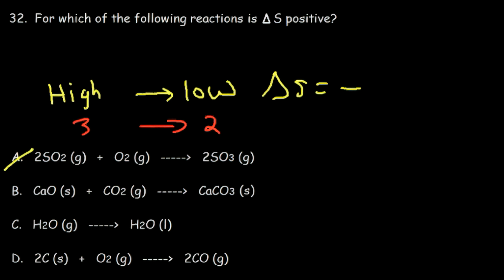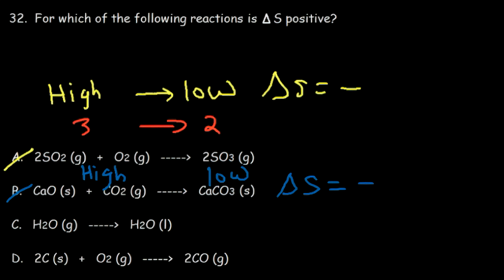We have a solid and a gas on the left and a solid on the right. Well, because the left side has a gas, the left side has a higher entropy than the right side. So we're going from high to low again. So anytime you go from high to low, the change in entropy is negative. So B is eliminated. Now looking at answer choice C,